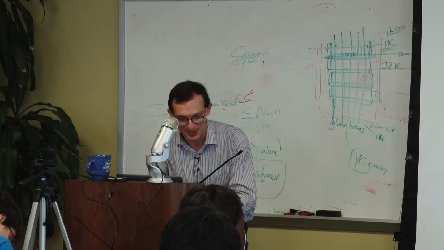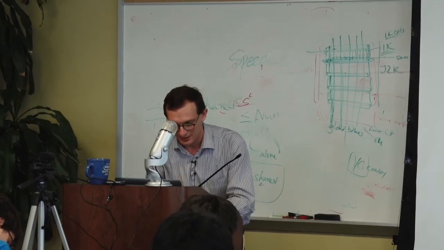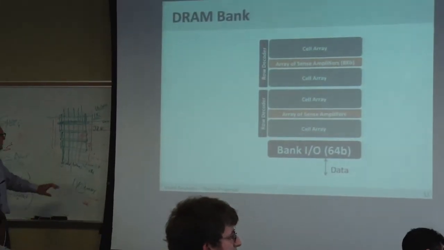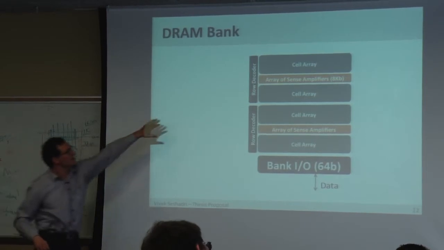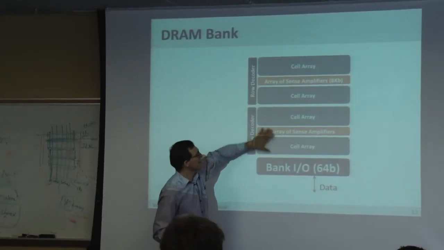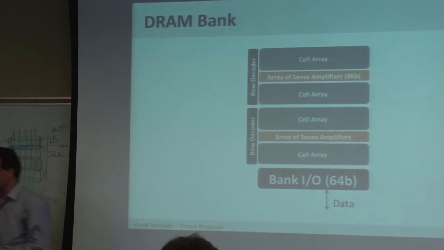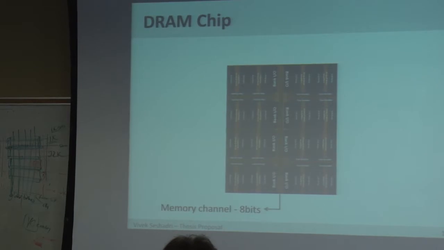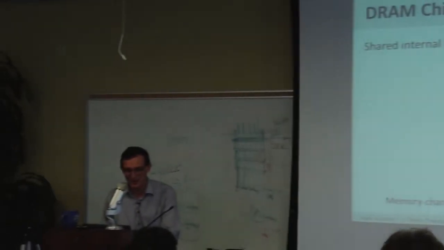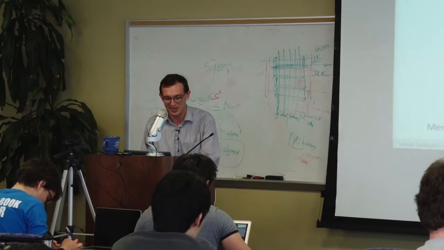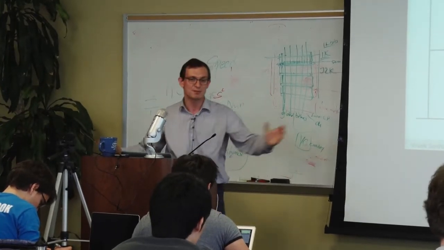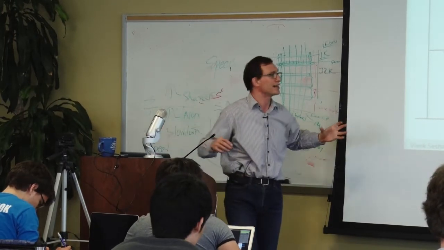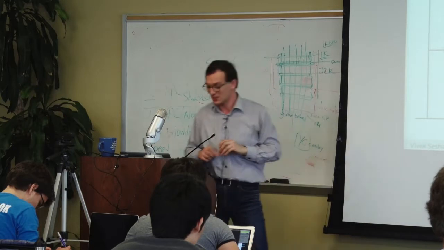And this is an example subarray, basically. And then you put these multiple subarrays together. Well, this is what I showed you, actually. This is one subarray, this is another subarray, and then this is the bank I/O. That's the global bit lines. OK. Is that good enough? So now you know the reason for the subarrays. If you want to have a large bank, you cannot have very long bit lines. So the large bank is divided into smaller subarrays, which have shorter bit lines.